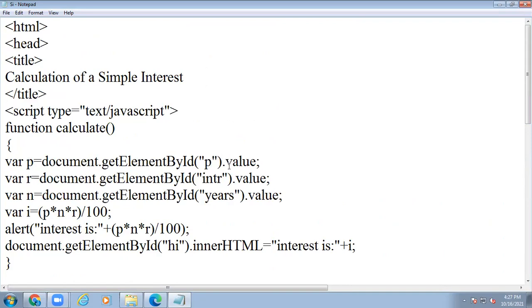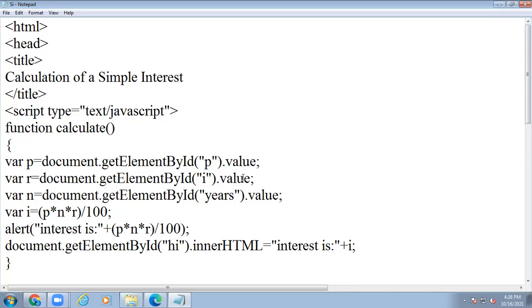P.value. Next, we take another variable R, document.getElementById INTR. In the place of INTR, you have to give it as I dot value.